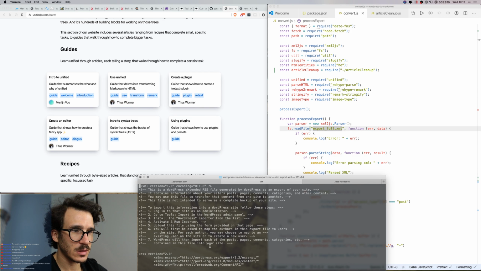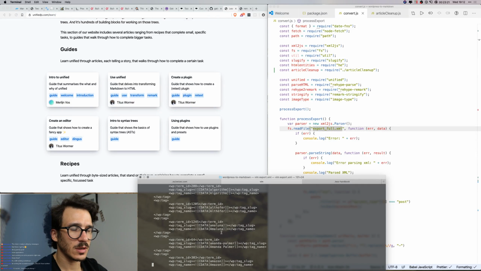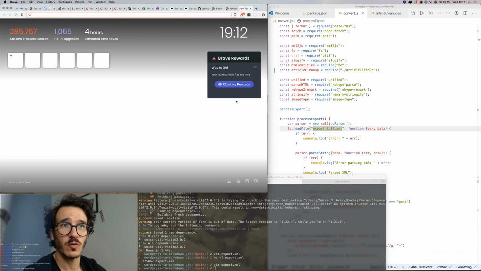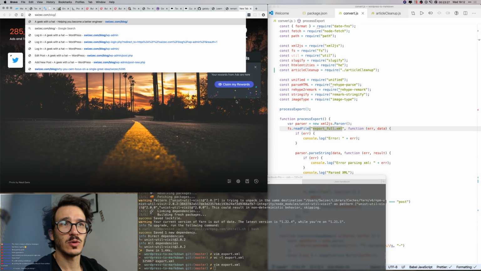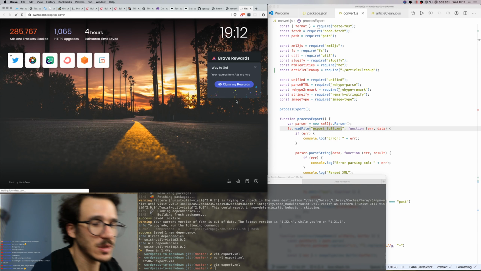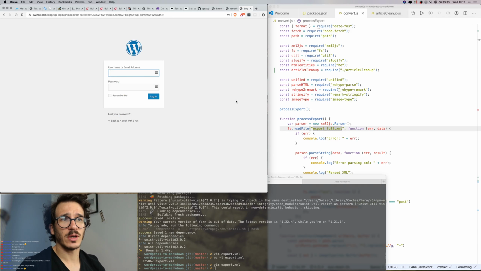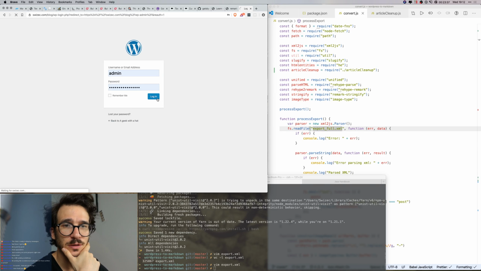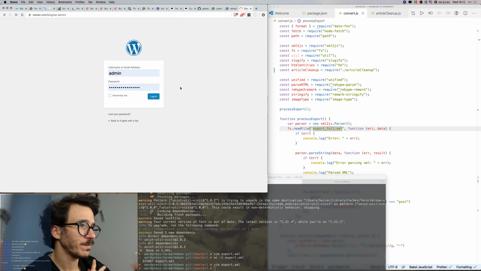Let's actually get a new export file that has just a couple of posts so that it's going to be easier to develop this stuff, because I don't want to run it on 1400 articles every time I want to test a change. So we're going to make a smaller file,